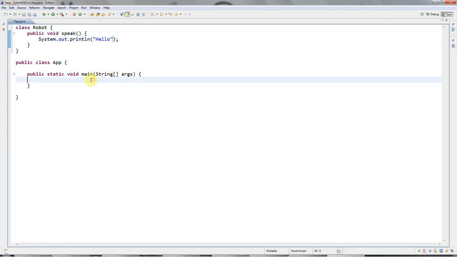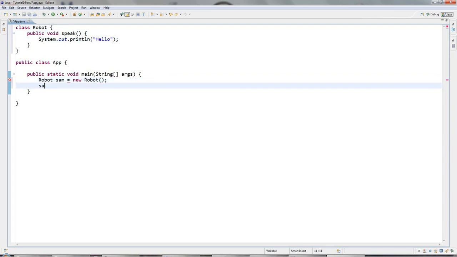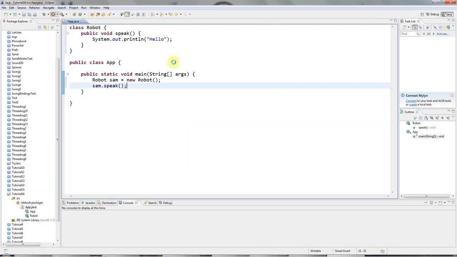So in my main method now I can already create objects from this Robot. I need a name for the variable, so let's call it sam, equals new Robot, and I can say sam.speak to make it say hello. And if I run this, so click the green run button there, then after my computer warms up a bit